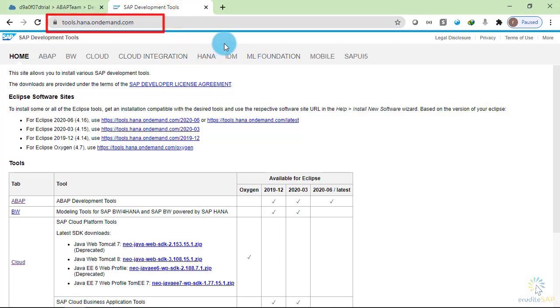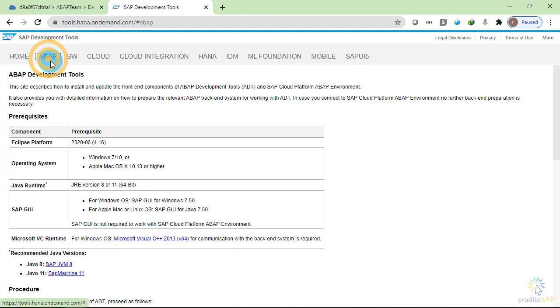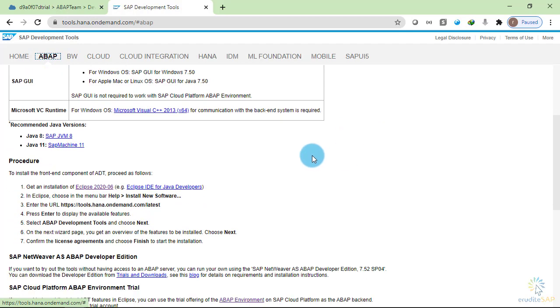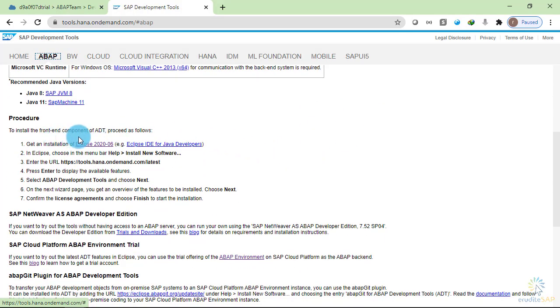This is the website of SAP, tools.hana.ondemand.com. On this page, SAP explains what type of tools are required to work on technologies like ABAP, BW Cloud, Cloud Integration. So let's check the ABAP. And inside the ABAP, if you scroll down, they have mentioned to install the front-end component ADT, we have